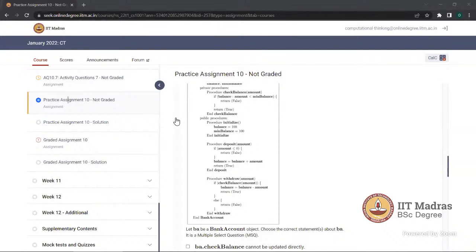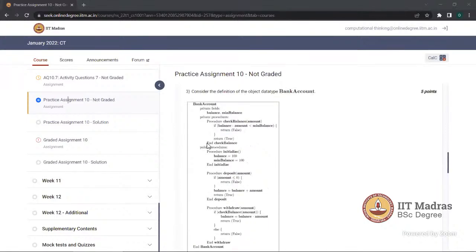Sir, I have one question. Yeah, Kamal sir. In the return statement, when it goes back to the original place from where it started, why is the end check balance written? Why is this last line required? Why is this end statement written? See, that end statement never executes. The reason behind writing this is, what if you have a procedure which doesn't have a return statement?